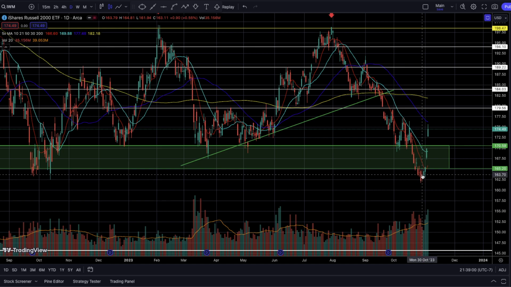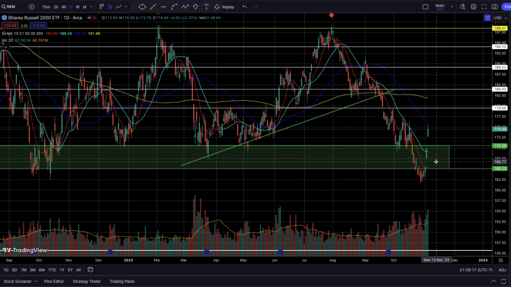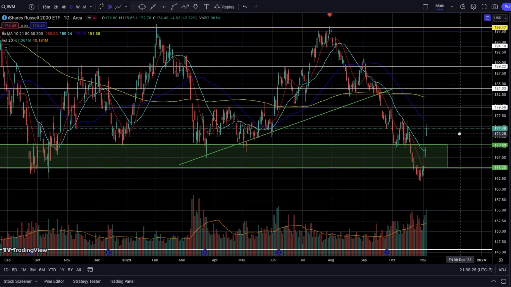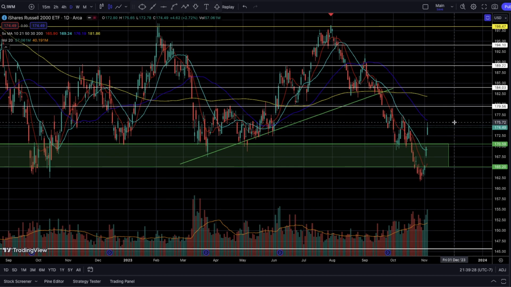So we got that initial break, but as the markets decided to bottom out around October 27th, we got that immediate smack up to the upside, and IWM had an even better, potentially more of an overreaction to the upside because IWM has been absolutely horribly smacked to the downside from short sellers. So the small caps are obviously in the worst shape out of the mid caps, the overall S&P 500, and even compared to NASDAQ as well.